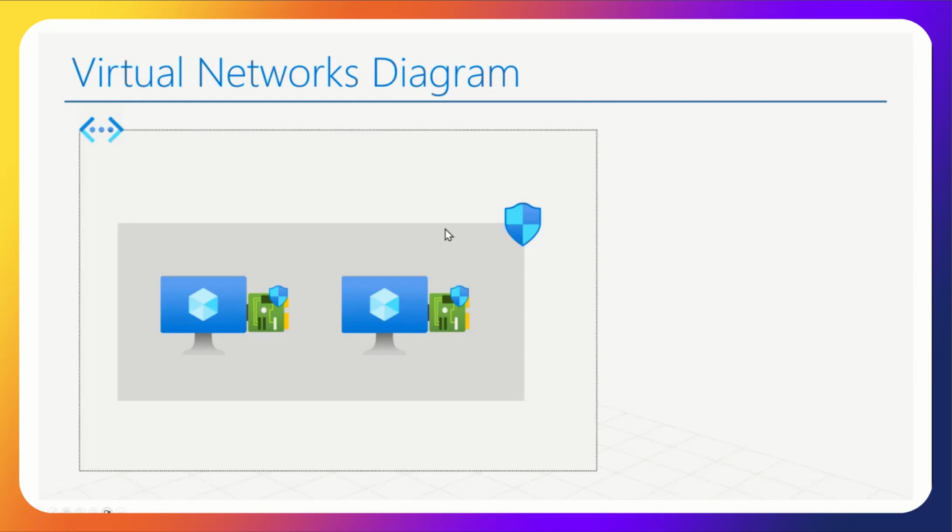But let's say, for instance, you have a different setup. Maybe one is a web server and one's a database server. So then you're allowing port 80 on the web server, and on the database server, maybe it's port 1433. Maybe it's a SQL server. So here's the setup I'm going to demo for you right now: setting up a network security group on a subnet. I'm not going to place it on the network interface cards.